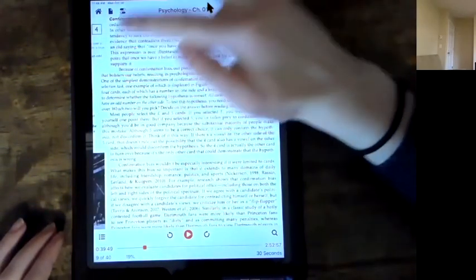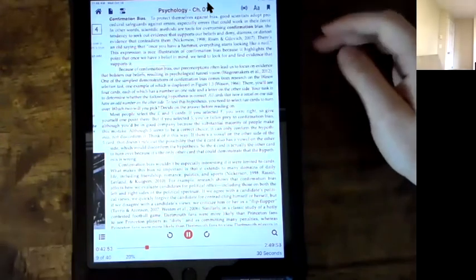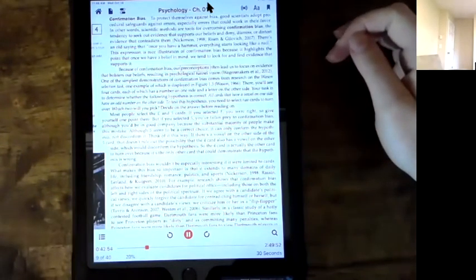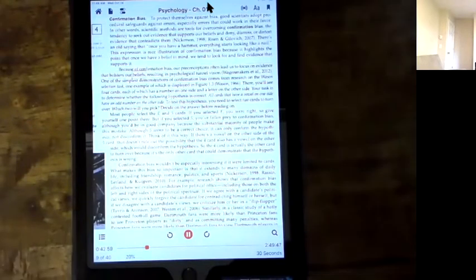Because of confirmation bias, our preconceptions often lead us to focus on evidence that bolsters our beliefs, resulting in